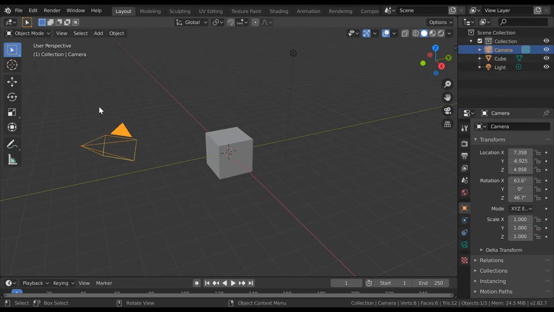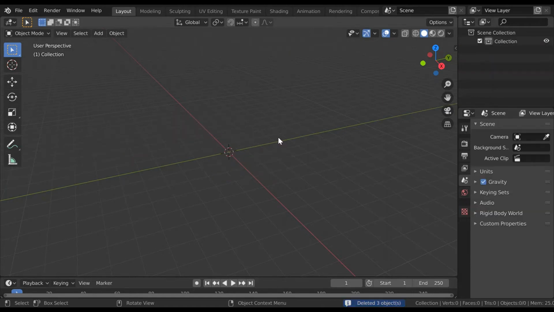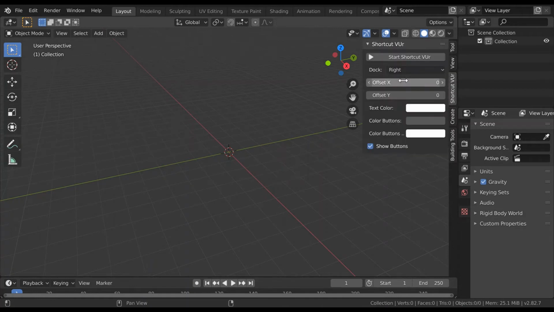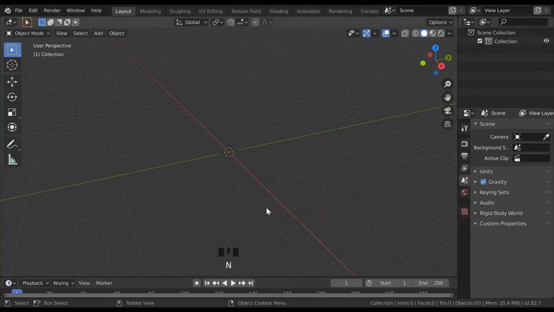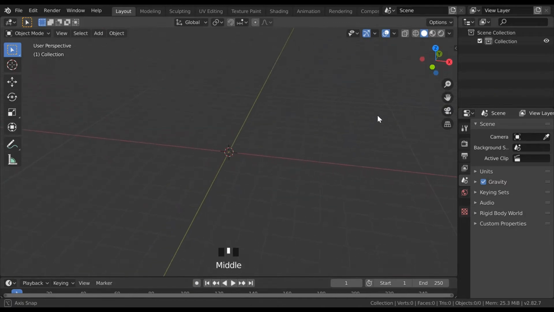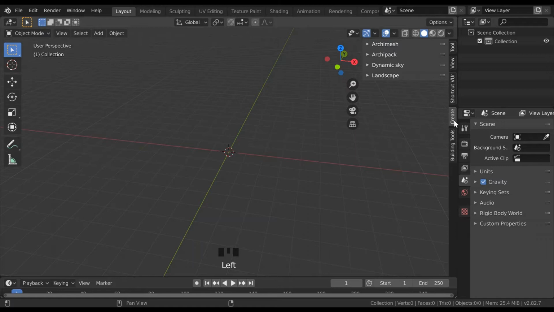So to start, click General, and it's the default thing. You're going to delete everything: press A, then X, go. Okay, in order for you to see what I'm going to be writing and pressing, go N, then you go Start, change to right, see over here, enter, click, you're going to see it there. So start by using the N, then you go to Create and change it to edit